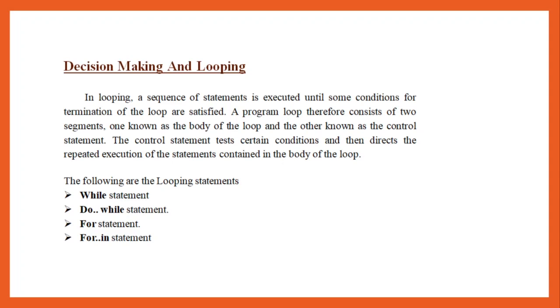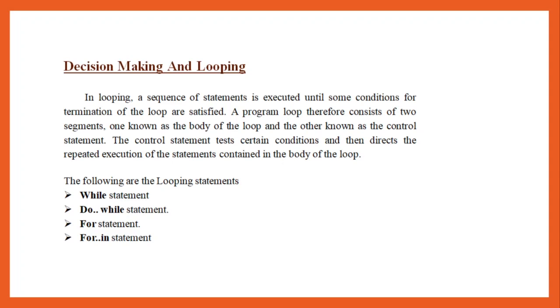Here we have two types of loops: entry loop and exit loop. What an entry loop does is, first it will evaluate the condition and then the body of the loop will be executed. Whereas in an exit loop, it will execute the body of the loop and then check the condition. It means that whether the condition is true or false, it will execute at least once in an exit loop. In an entry loop, it executes only if the entry condition holds.